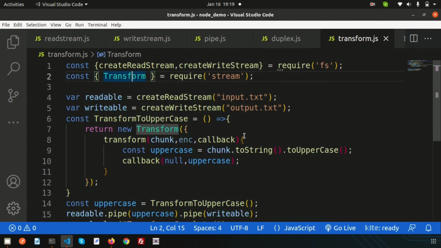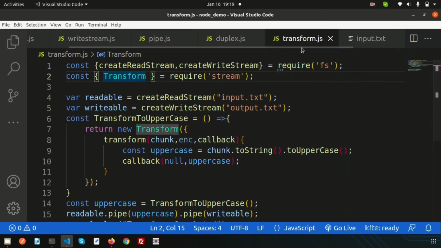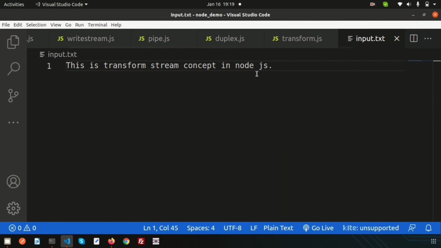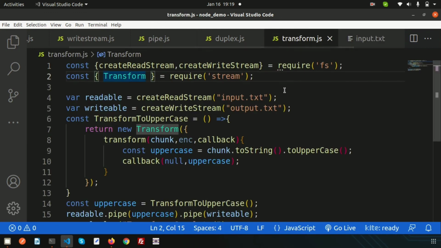I think you will like this video, and next time I am trying to get another example of transforming. I am going to write a program that transforms some data into a zip file. Here, if you check, this is the input.txt, and I want to take some backup and make a zip file of this source file. So we will use some library and do it with a transformation.